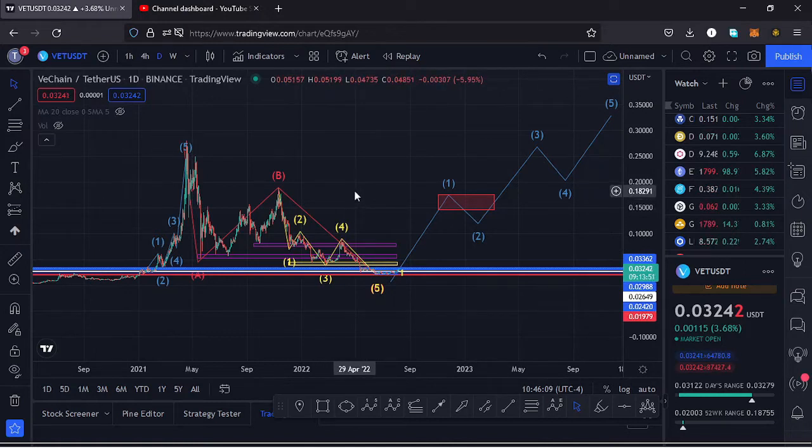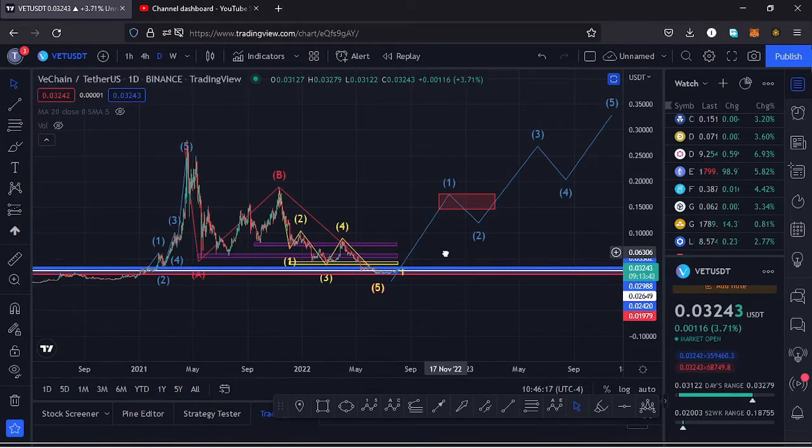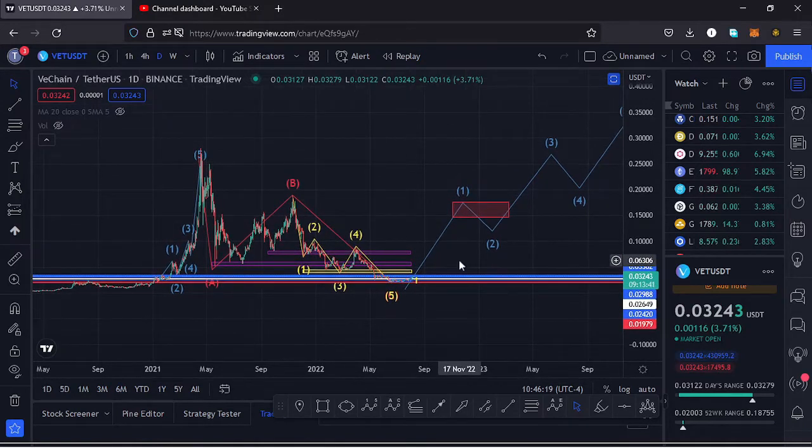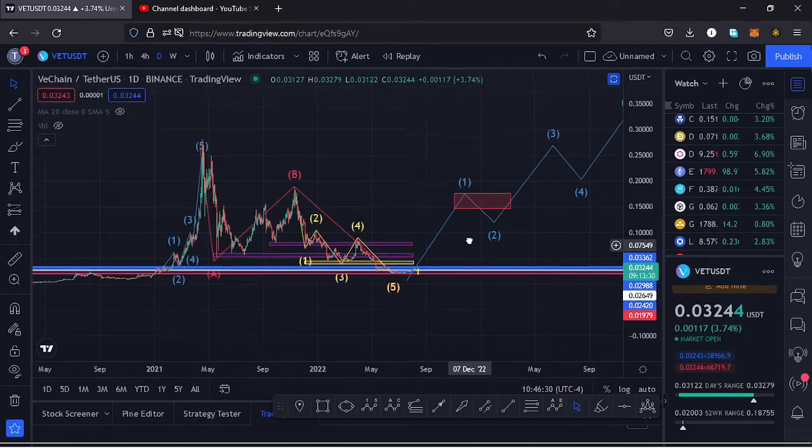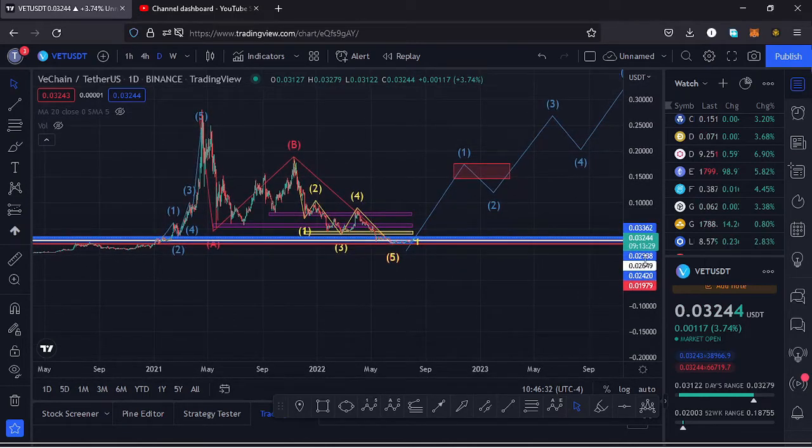From the all-time high, Vechain has been seeing lower prices in this massive ABC correction, which has now taken us to around the $0.02 mark. And having done so, I believe Vechain has done the minimum that we expected it to do in its ABC correction, and we might see a very nice recovery to the upper side, which can take us back to an all-time high. And before that plays out, there are key scenarios that we need to take a look at here